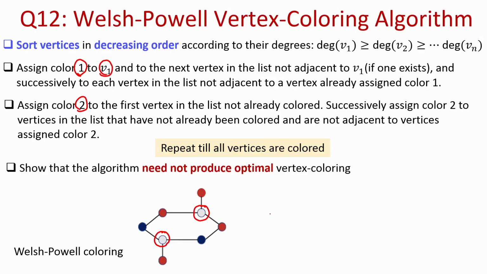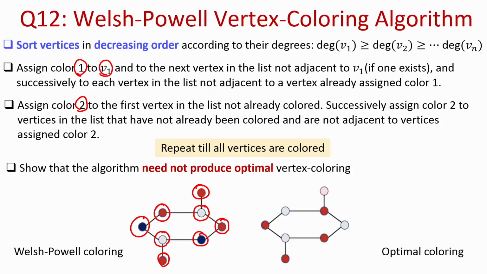set of vertices which has the highest degrees. So, let us use this vertex, and then the same color I can assign to this vertex and this vertex. So, that is the maximum number of vertices which I can color with the second color. Now, among the remaining vertices I will pick the vertices according to their degrees. So, I can pick this vertex and the same color can be assigned to this vertex. Okay. So, we need total 3 colors here, but the optimal coloring is 2. It means it will require only 2 colors and 2 colors will be sufficient to color all the vertices in this graph. So, that shows this is not optimal coloring.